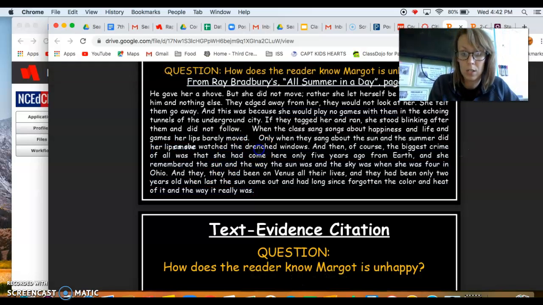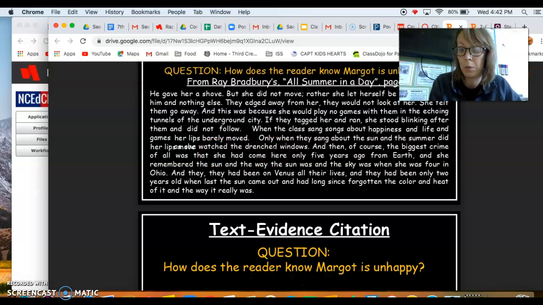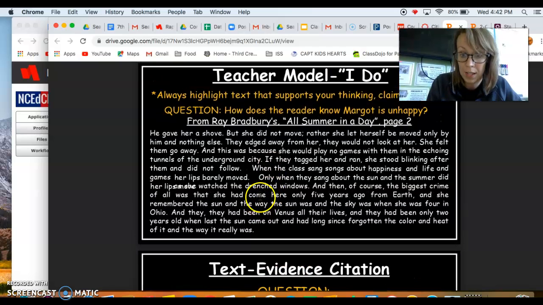watch the drenched windows. And then, of course, the biggest crime of all was that she had come here only 5 years ago from Earth, and she remembered the sun and the way the sun was and the sky was, when she was 4 in Ohio. And they had been on Venus all of their lives, and they had been only 2 years old when last the sun came out, and had long since forgotten the color and heat of it and the way it really